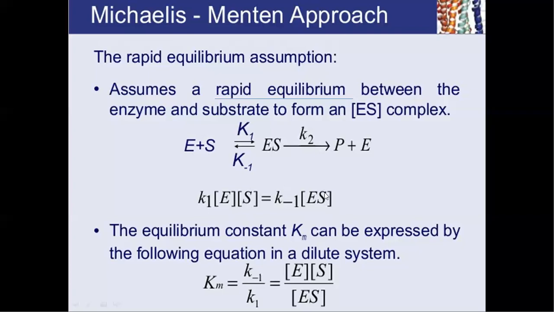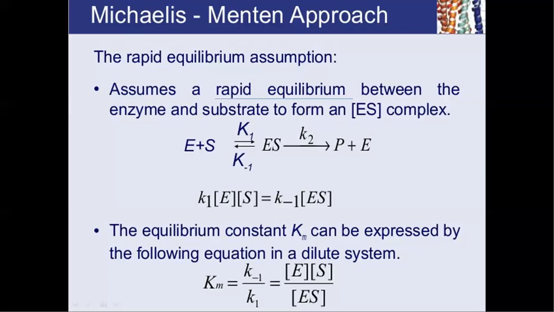From this equation, we can take the ratio K minus 1 by K1, which is called Km, the Michaelis Menten constant, which equals E into S divided by